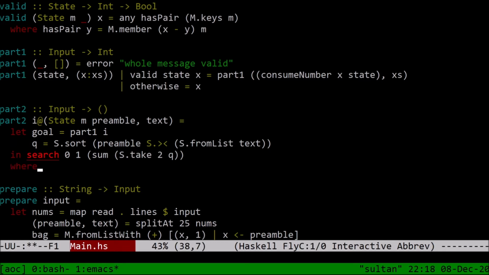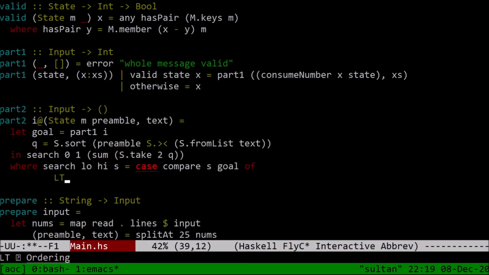Right. So where search of low high: S equals, when S is equal to, actually it should be equal case, compare S to goal. If it's equal, we should return... what are we meant to return? The sum of the smallest and largest numbers. So